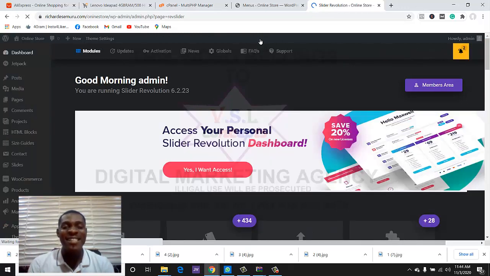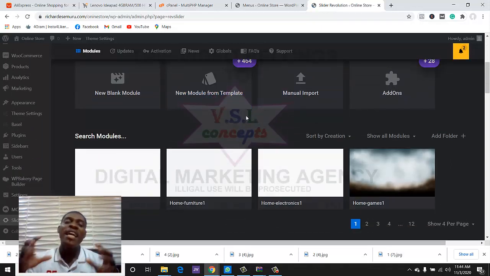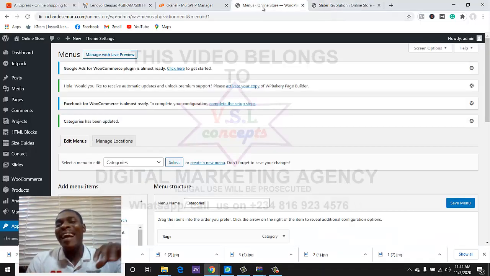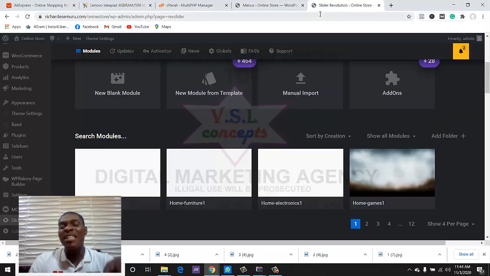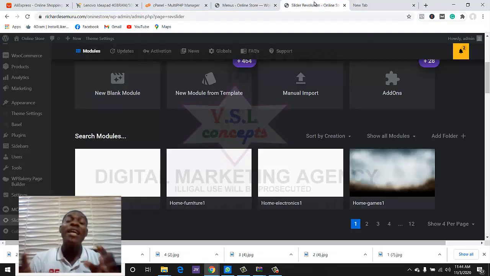Okay? This is Slider Revolution. Alright? So, Slider Revolution, simply put, is that plugin that helps you edit the slide. Now, it is the plugin that carries the option where you can do what? Changes on the slider. Remember, we have a slider and we have a slide. The slides are the pictures that are displaying on the website. You get the point? In a slider, you can have 2, 3, 4, or 5 different pictures. Don't worry, I'll show you exactly what I'm